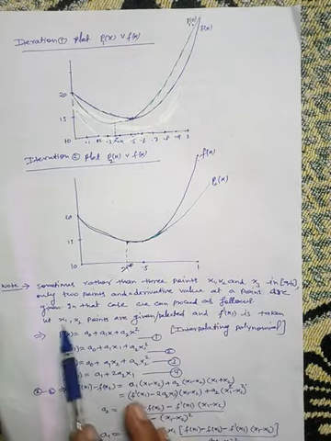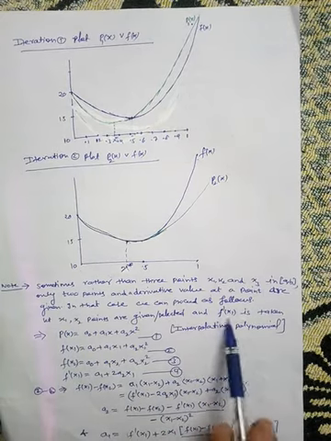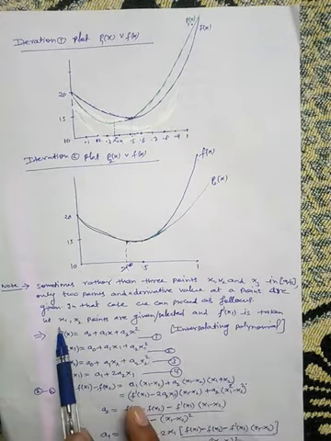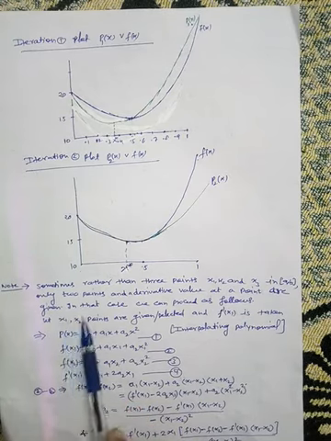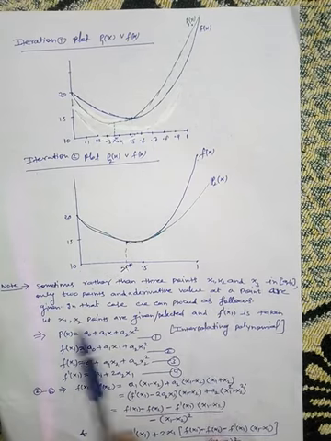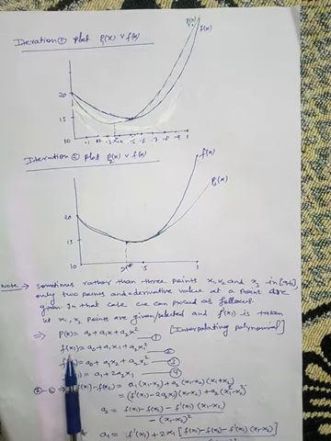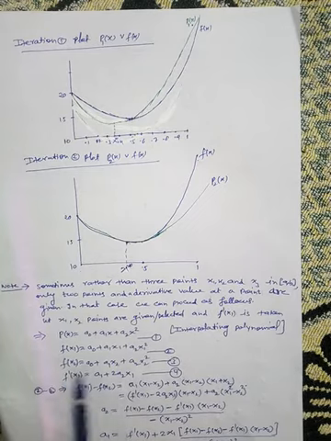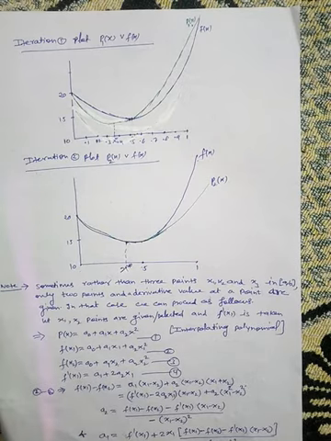So suppose we have 2 points x1 and x2 selected, and f dash x1 is given. So ultimately we have 3 conditions: one for x1, another for x2, and the third f dash x1. This is the polynomial. f of x1 is this equation, f of x2 is this equation, and f dash x1 is this one. So we have 3 equations. Solve these 3 equations and find a0, a1 and a2. Okay, so this is the way.